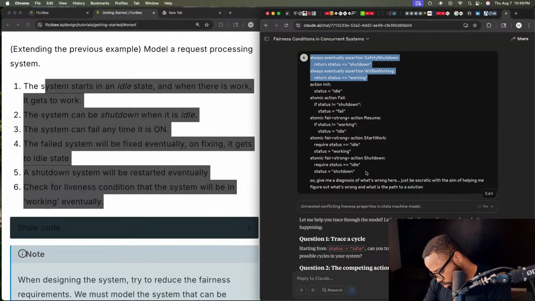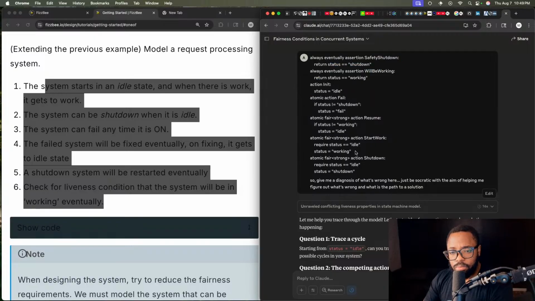Well, and I guess that's the part where I'm not so sure. Can you indefinitely choose the same path in that cycle that we just talked about, which is idle, working, right? Idle working,